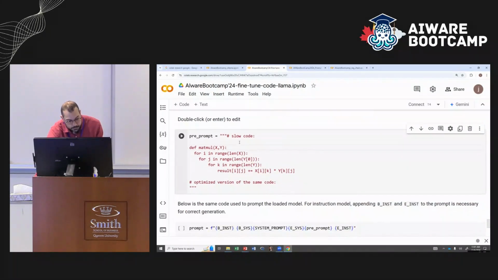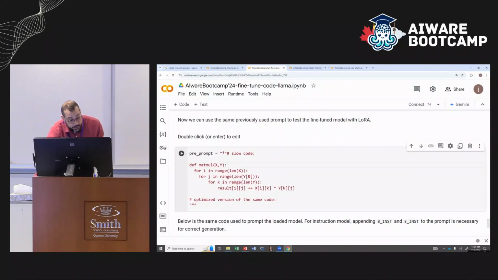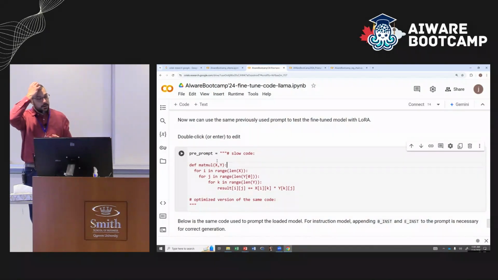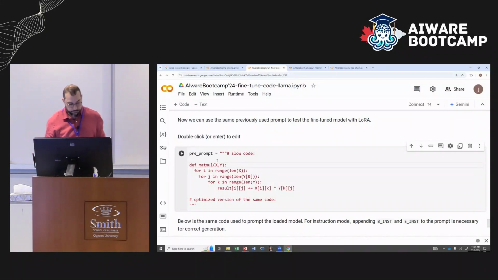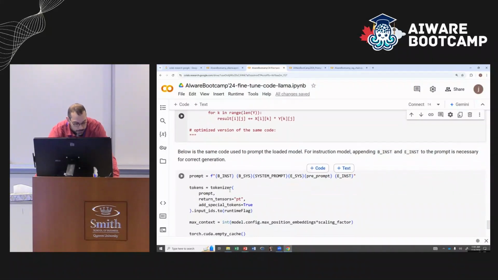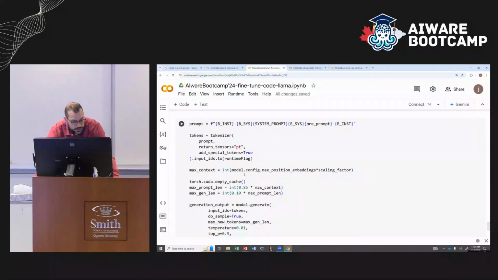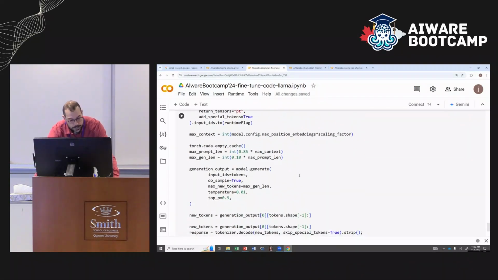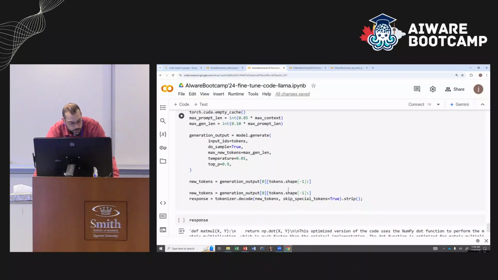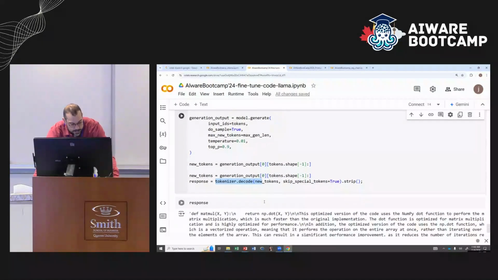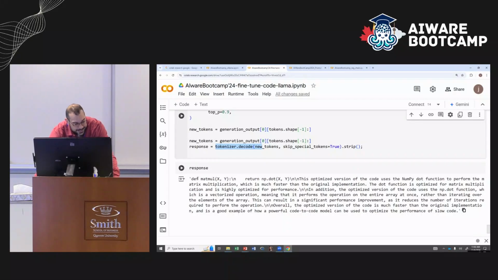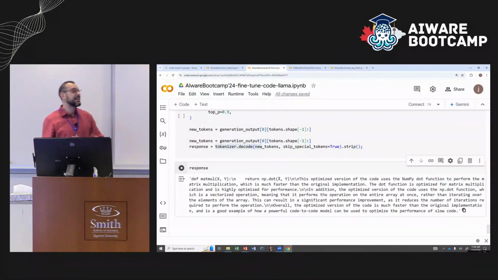test what happens. So we're using the same prompt that we used previously, all right? That matrix multiplication optimization. It's the same prompt that we saw before, okay? And we prepared the prompt, tokenize the prompt, all right? So this is the exact same code that we saw previously. And you generate, get the tokens, decode the tokens, and the response you get now from the fine-tuned model is this one. It asks you to use just, you know, numpy